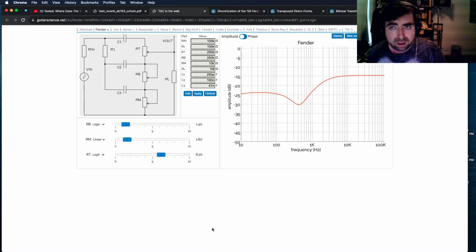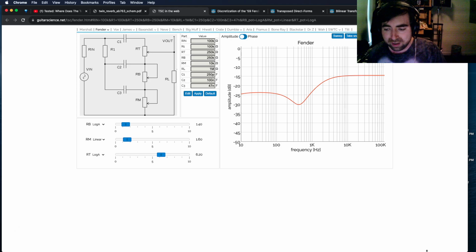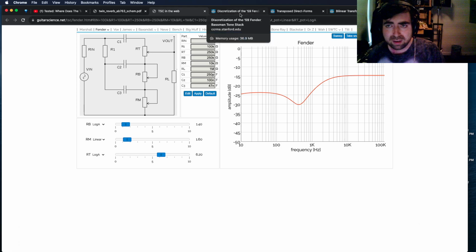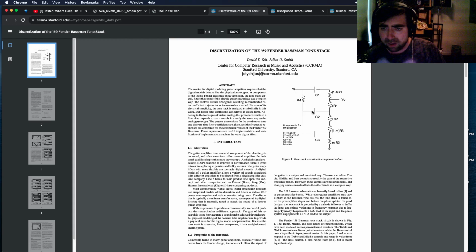So CCRMA, the school in California for audio processing, has done a couple papers, and here's one of the papers by David Yeh and Julius O. Smith, who are heavyweights in the DSP world. This is a good read. They did an analysis of the Fender Bassman circuit, so it's not exactly the same. The only real difference is that